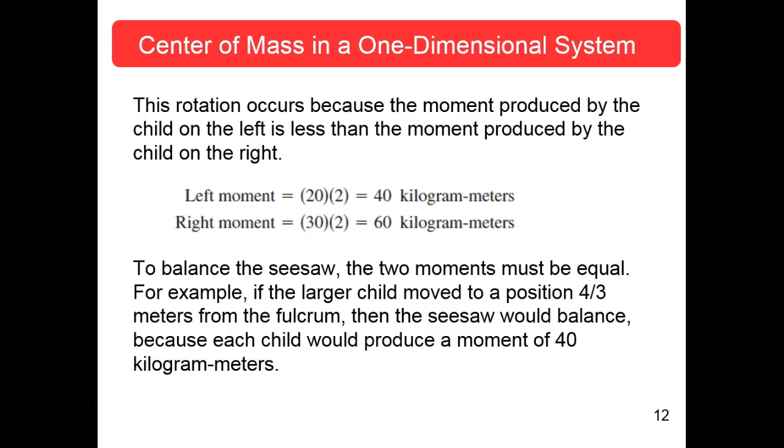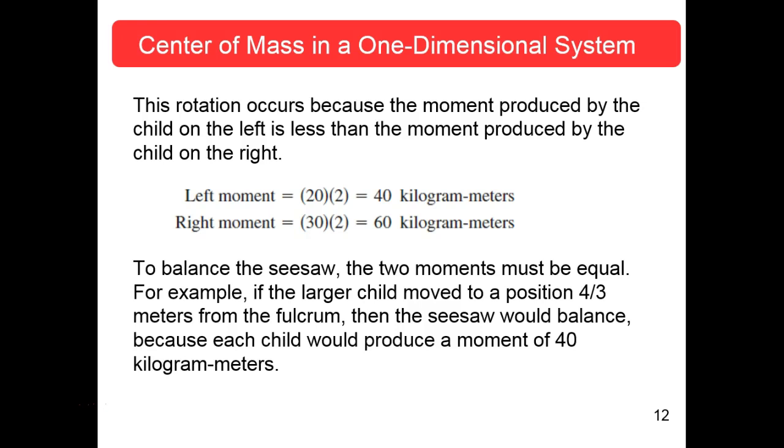This rotation occurs because the moment produced by the child on the left is less than the moment produced by the child on the right. 40 kilogram meters, the left moment, 60 kilogram meters, the right moment. To balance the seesaw, the two moments must be equal. For example, if the larger child moved to a position 4/3 of a meter from the fulcrum rather than 2 meters, then the seesaw would balance because each child would produce a moment of 40